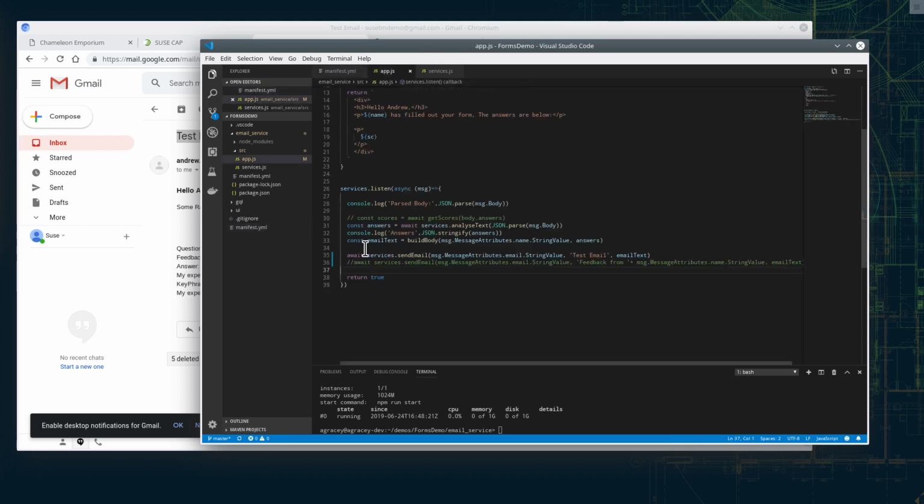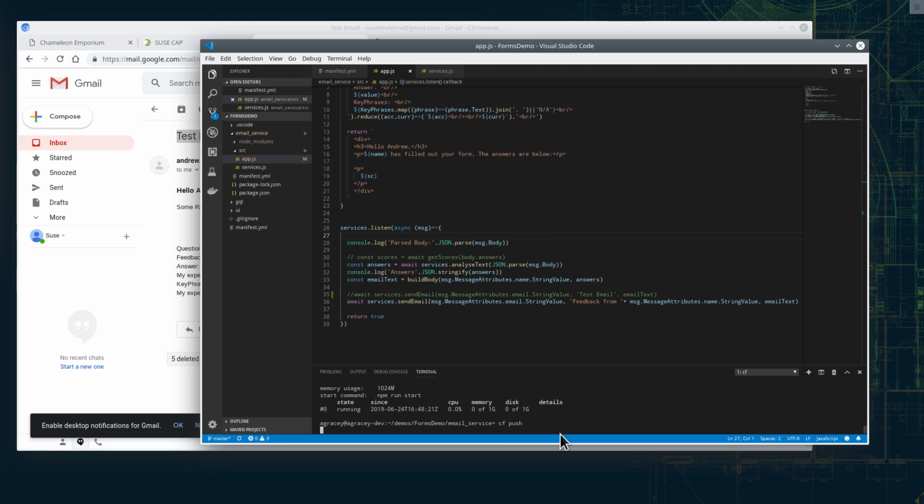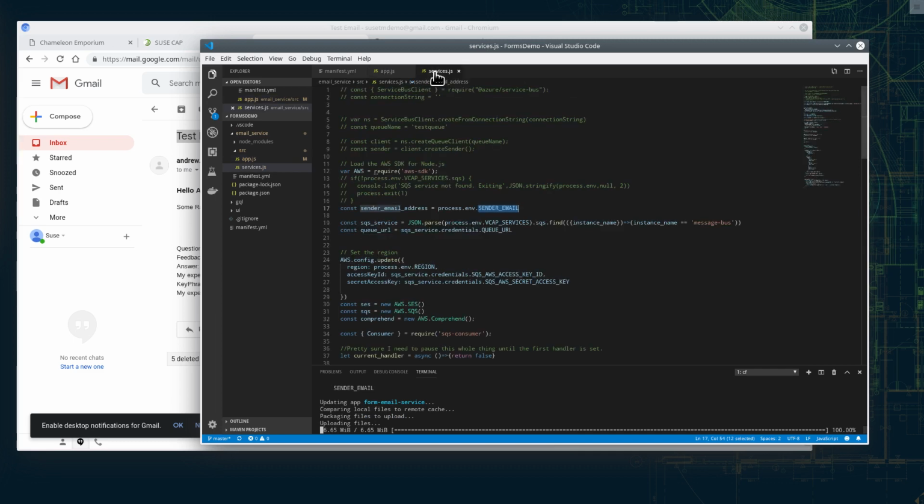So let's go ahead and say that I want to change this. I'm just going to come in and switch which line. I'm going to change it to "feedback from" and then the name that was provided. So if I save that, I'm already in the email service, so I can do a cf push. And that will go ahead and get updated shortly. While that's updating, I'll go ahead and show